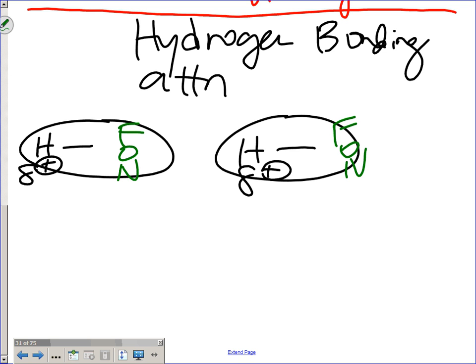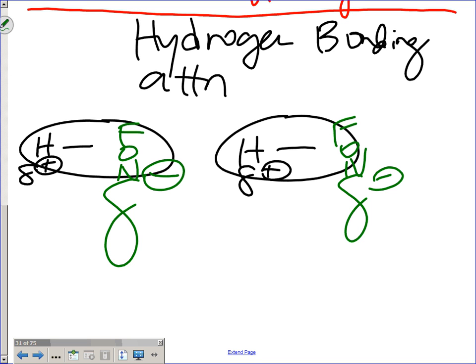So their partial negative is huge. They have a large partial negative, almost a full negative charge, like an actual anion would have. So this significant difference in electronegativity makes this attraction super strong, but still not a bond, just a really strong attraction. So out of all of these, this is the strongest